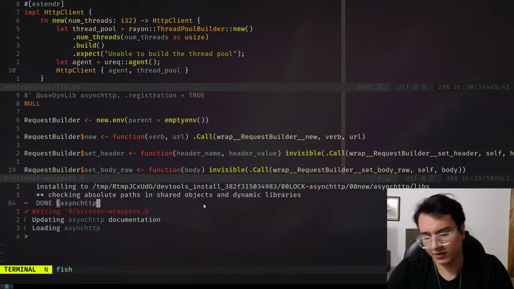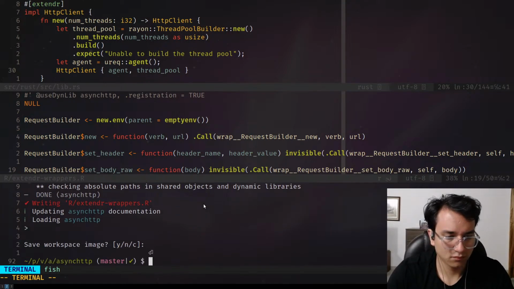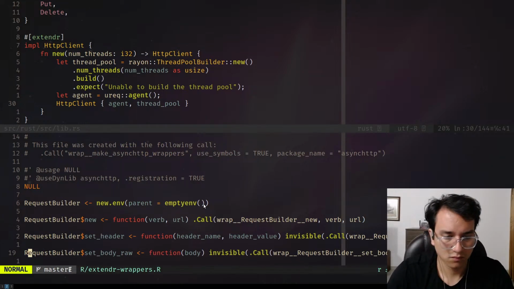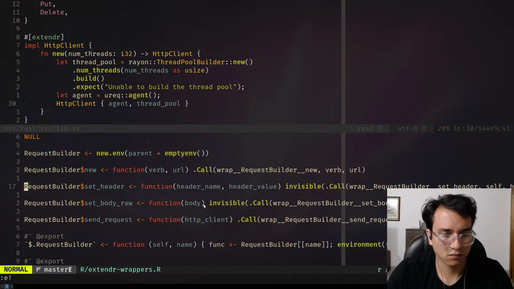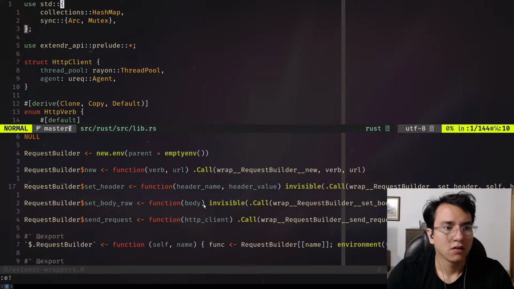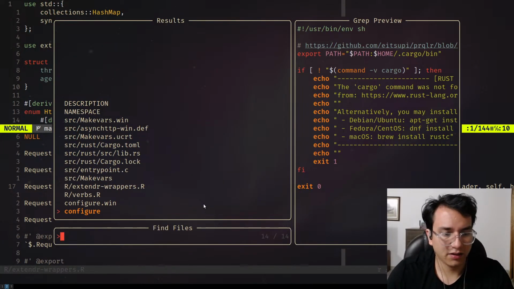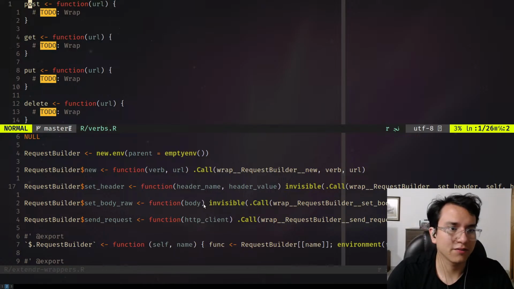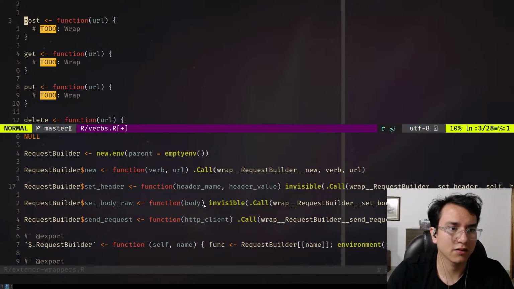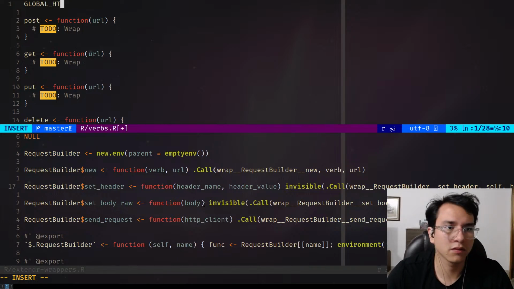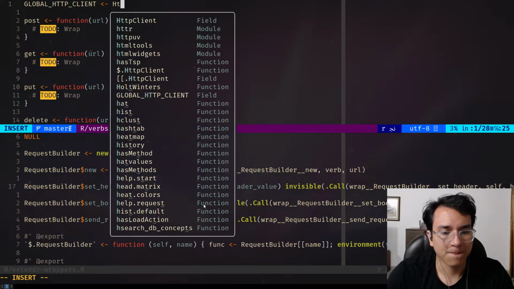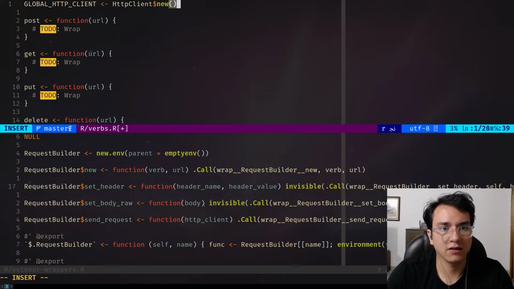Okay, it's done. Okay. So in our verbs, I don't know why I called it verbs. We're gonna need to set up a global agent. So global agent or global HTTP client would be better. So let's set this to HTTP client new,